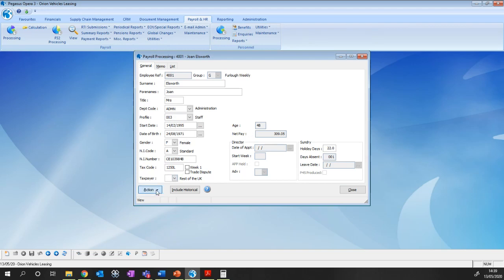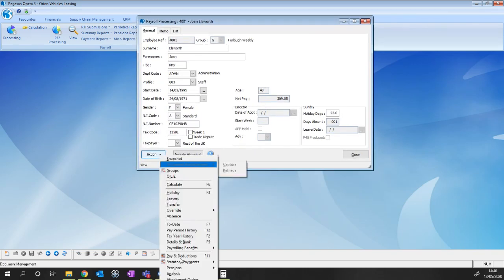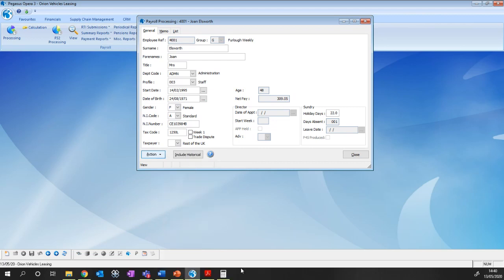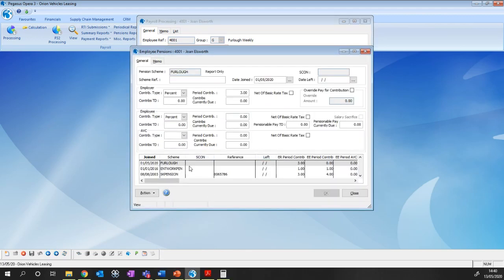So firstly, what we can do under action and pay and deductions, in fact pensions and employee pensions, is let's take her out of that new furlough scheme. So in that case we can say date left. So if we then said the date left was the 13th, so today,